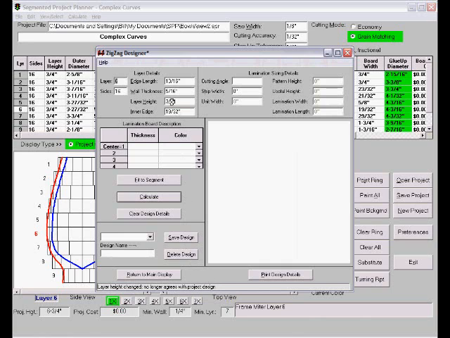So we can see up in the upper left we have the details of that layer, layer 6. 16 sides, edge length 13/16, wall thickness 5/16, etc. So that's all we need to know about the dimensions of the layer that we're going to fit something to. Well, we need to start out by making a lamination board. So I'm going to put in a 1/4 inch